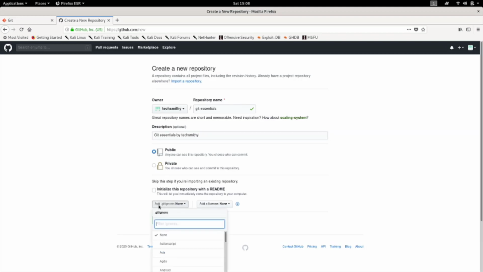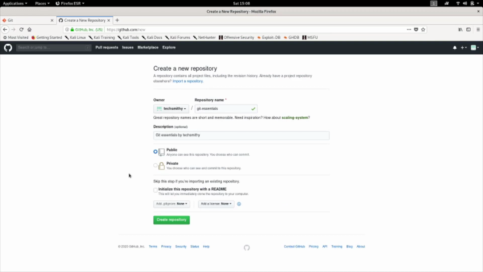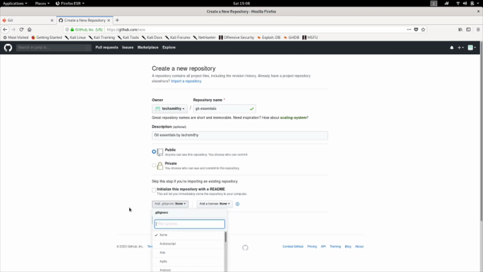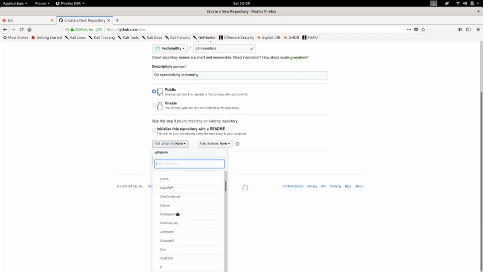And .gitignore. This .gitignore is something which ignores a few files or directories. Let's say you're developing a Node.js application, you'll have node_modules, or if you're developing a C# .NET application, then you'll have bin folders. If you're developing Java, you'll have .class files, etc. They are not required to be stored in the repository because they are local, temporary files. They don't need to be pushed to the remote repository. So based on your application, Git provides you the .gitignore files.